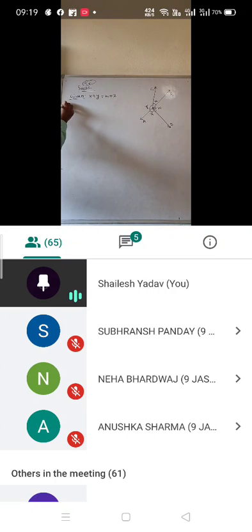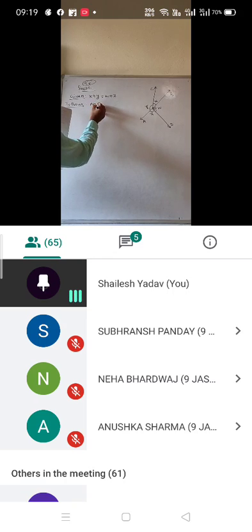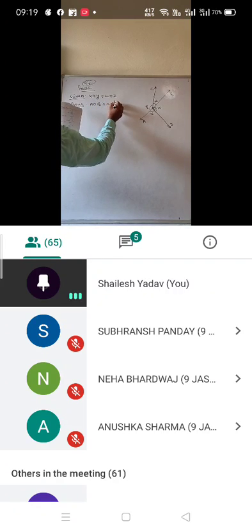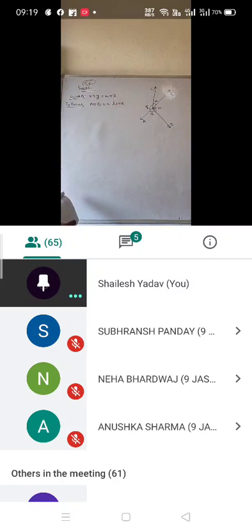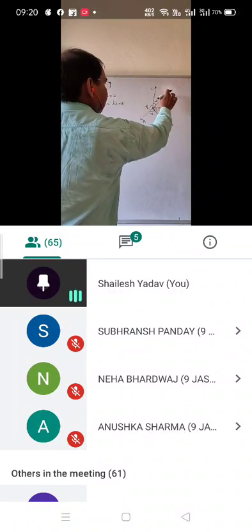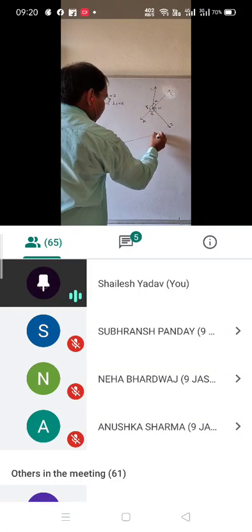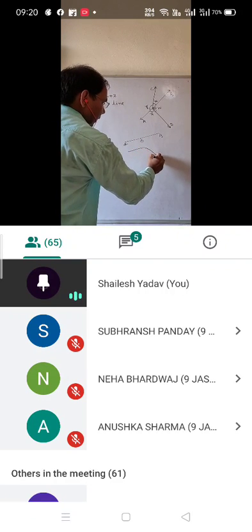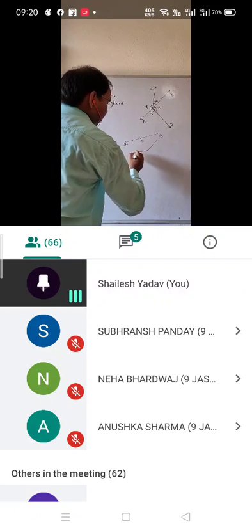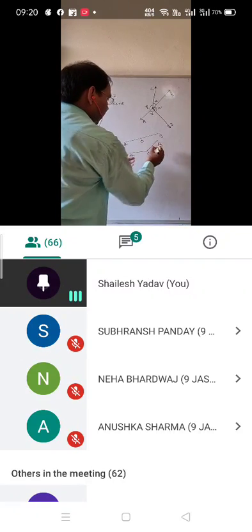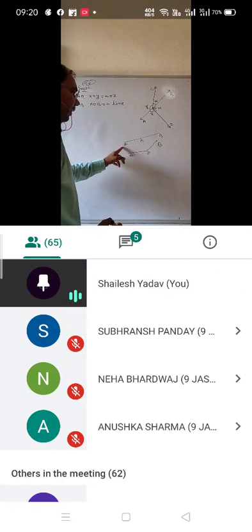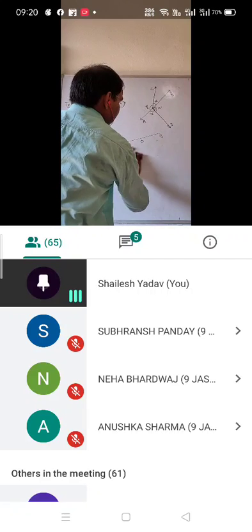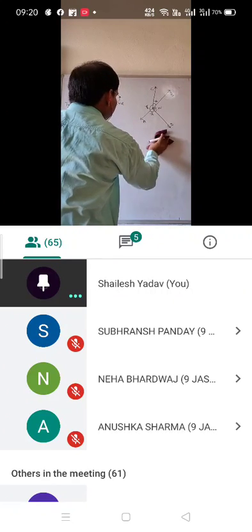And what do you need to prove? You need to prove that AOB is a straight line. Line means if you draw like this, AOB is a straight line. It is not like this, where it turns from here, so that is not a straight line. AOB is not a straight line like that, but here AOB is a straight line. So here you need to prove that AOB is a straight line.